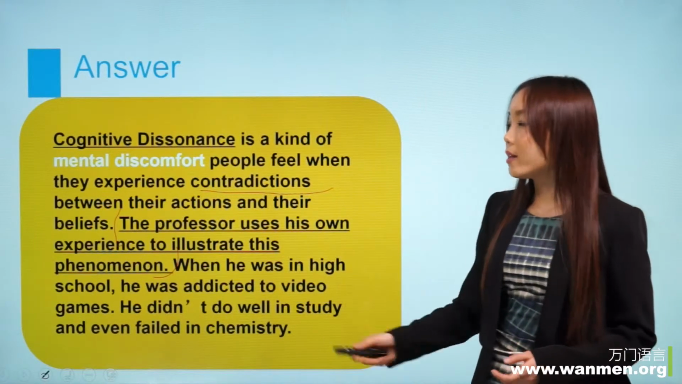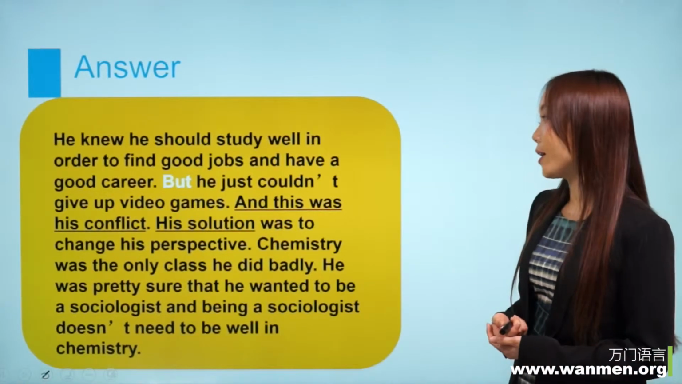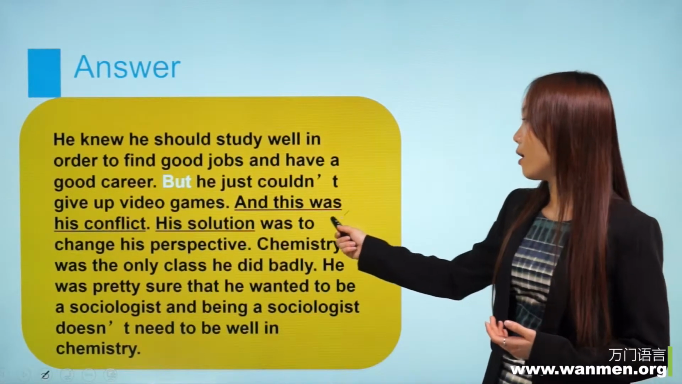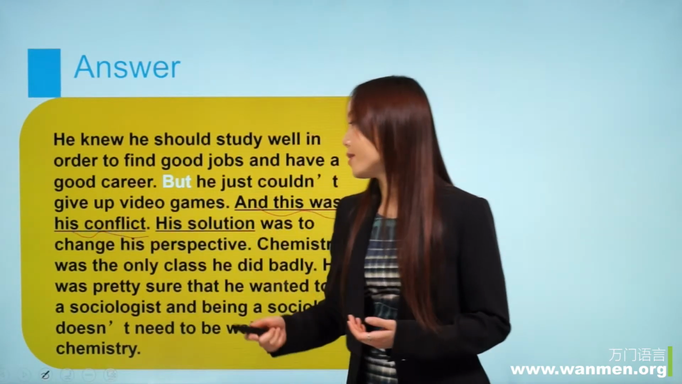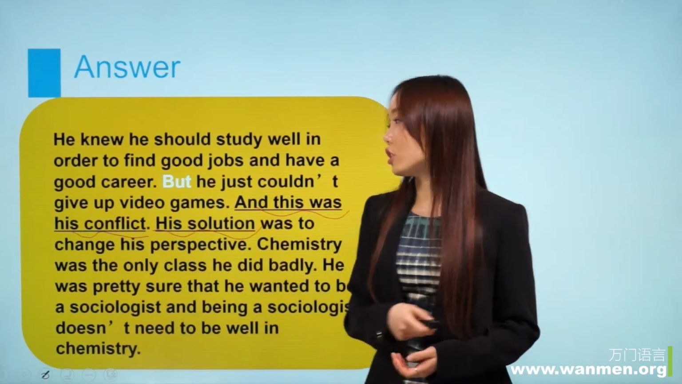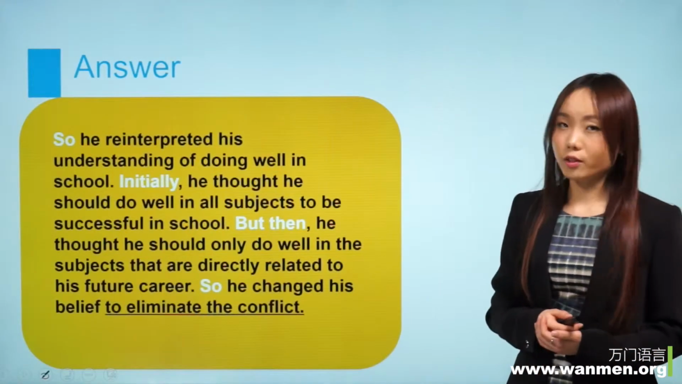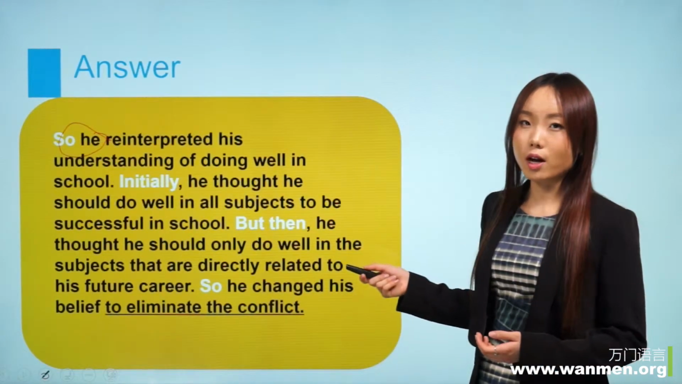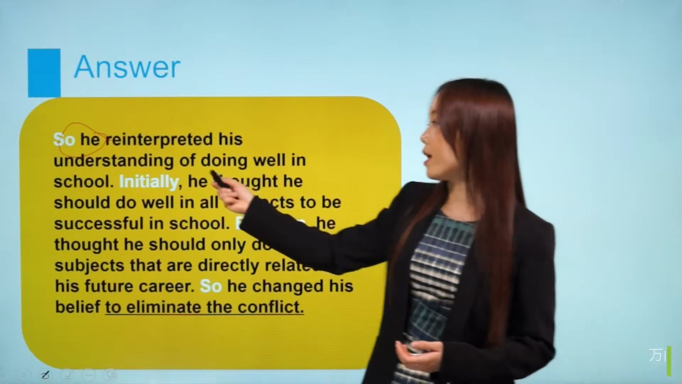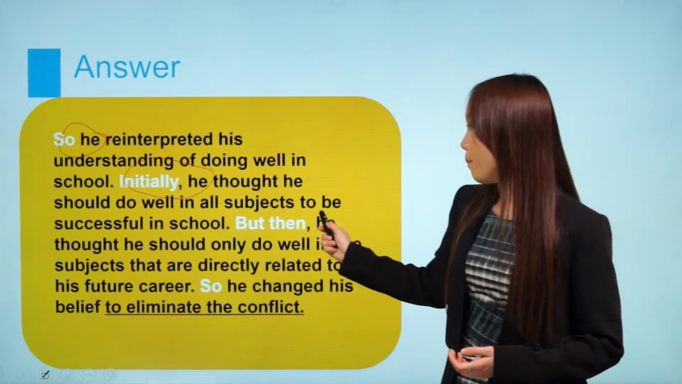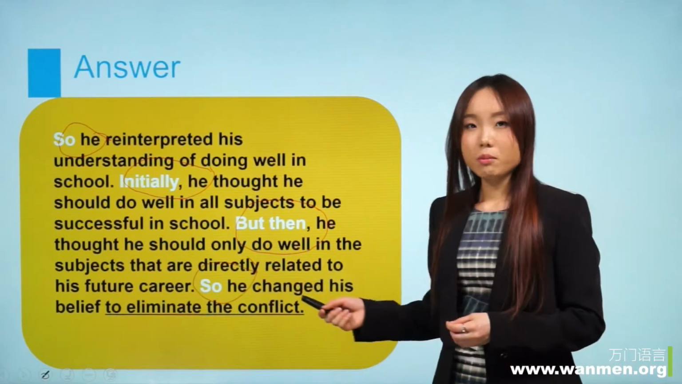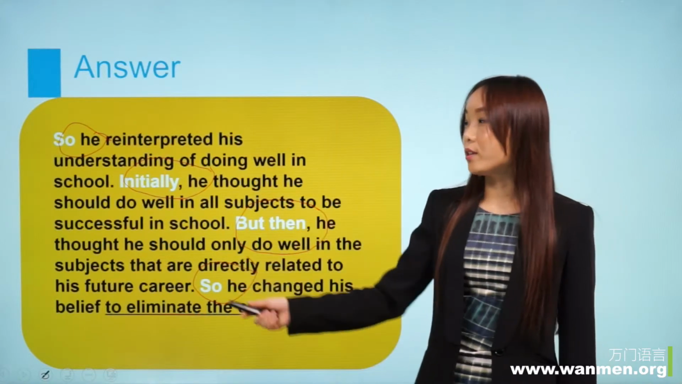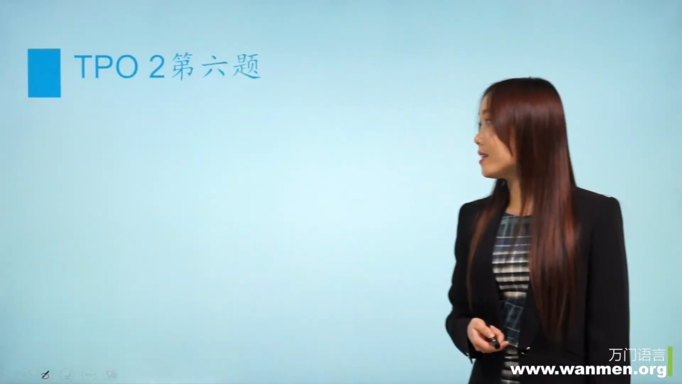然后后面就是对 professor 这一个举例的这样一个叙述，相信大家都会做得很好。然后唯一需要注意的就是把它的那种 conflict 一定要写出来，然后它的 solution 是什么，这整个过程都需要表示出来。So 表示结果，那么他在体会到这种 contradiction 之后，他所采用的，首先 initially 他一开始是怎么做的，but then 他的行为改变了，那么最终他采取了一个什么样的方式 to eliminate the conflict，这个答案就已经跃然纸上了。我们接着看一下 TPO2